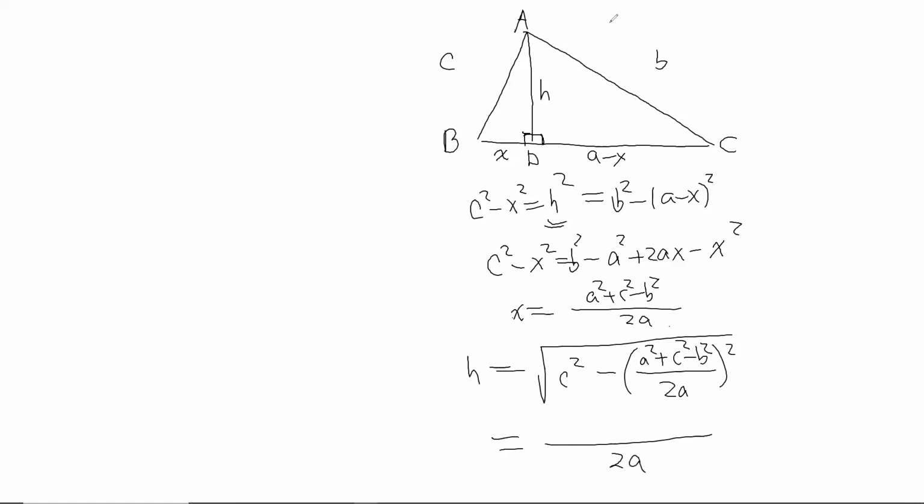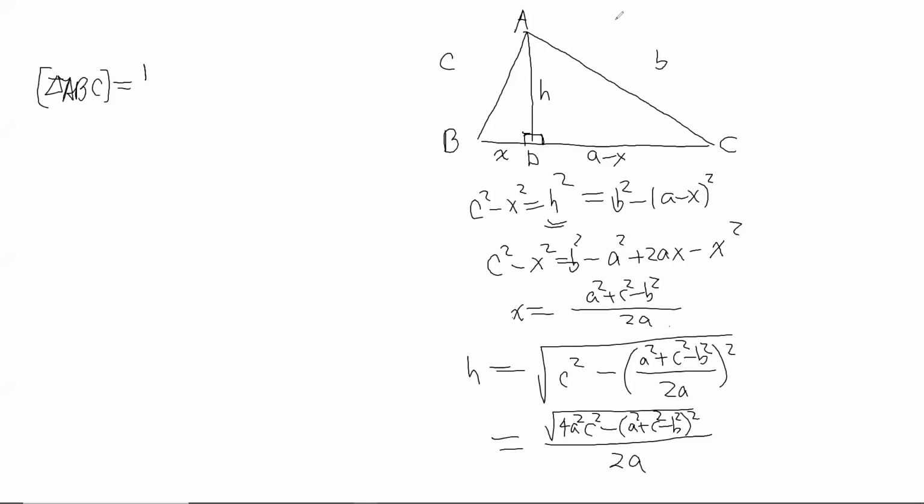It's a 2a here. The top is 4a squared c squared minus (a squared plus c squared minus b squared) squared. Now we hate this formula because it's not symmetric. It's hard to remember. But let's write the area. The area of the triangle ABC